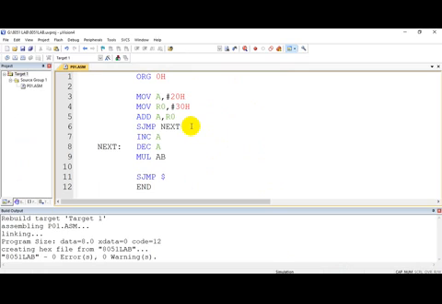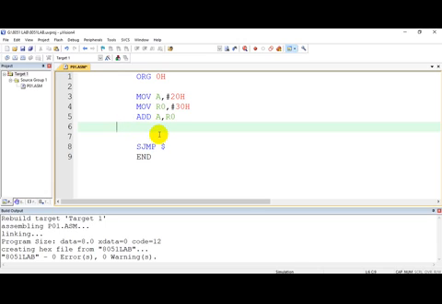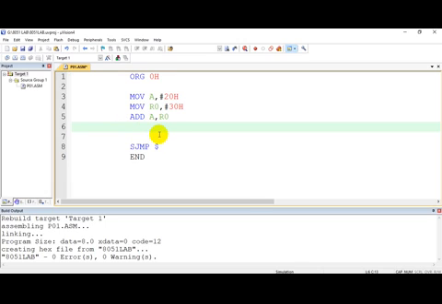Now the call instruction is also an unconditional branching instruction. It means whenever a call instruction occurs in the main program, a branching is always done. I will write some program here.